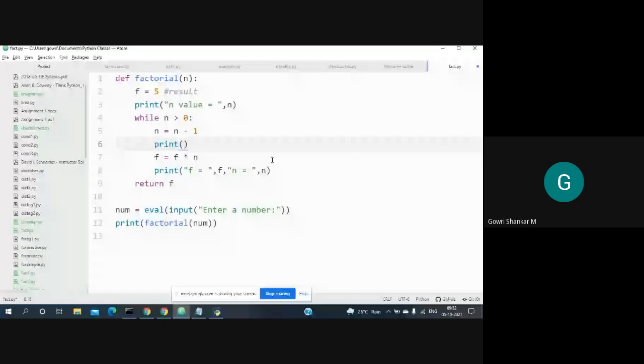This is your n value. Now we are making f equal to f into n. So this is your value of f.